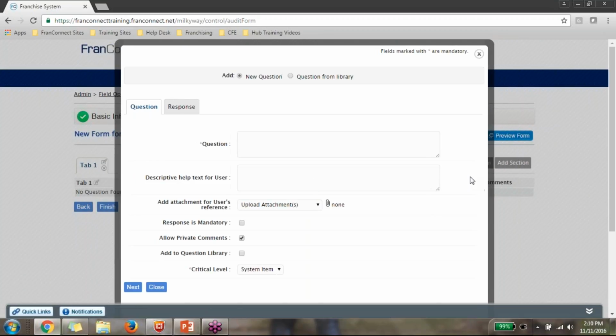Now, this makes perfect sense for those of you who perhaps haven't had training with me yet. From this form, you can create a question right from here. And I've seen this happen quite a few times where a franchisor gets really excited about the Field Ops module, and before we have the opportunity to have training, they come in and they create their form. And I never want to discourage you from finding the system to be intuitive and being able to do what you can do. However, there is one field on this particular screen that, if you miss it, you do yourself a huge disservice.